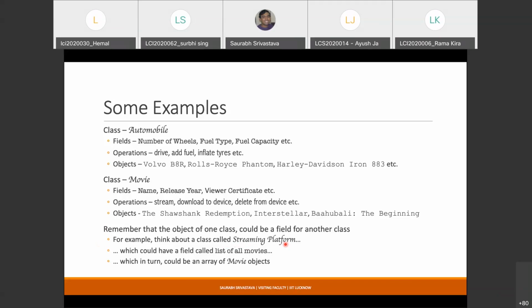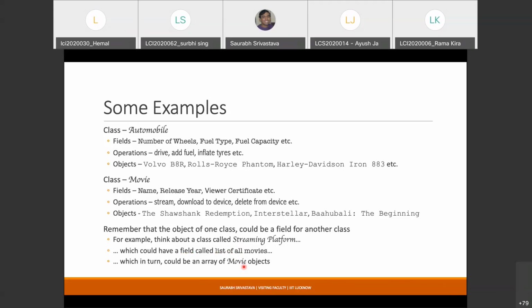What will be the fields of this streaming platform? It will be something like a field called list of all movies, an array of movie objects. So that is how we are going to compose the system. The system is going to be built up of objects, and they can be hierarchical in nature, so that an object of one type could be a part of another object. This is the overall idea that I'm trying to put in here.